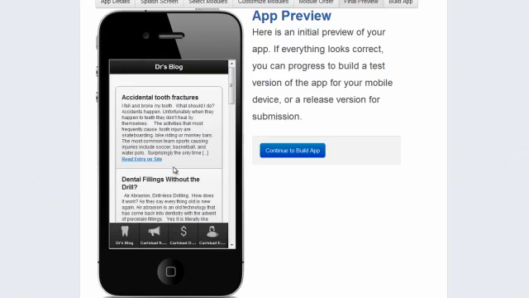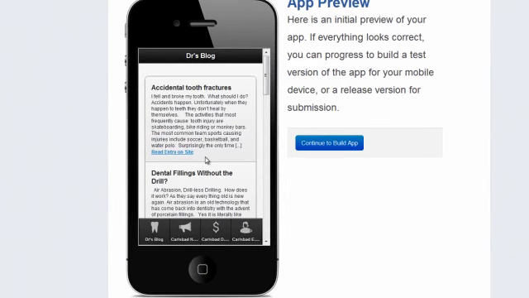What's very, very cool is people will download it, his patients. Dr. Bell's patients are going to download this because they're patients of Dr. Bell and they love him. And Dr. Bell will love to give it to them because he's giving them an app for their phone that has his picture on it. I mean, what doctor or dentist doesn't love everybody having a picture of them in their phone? But